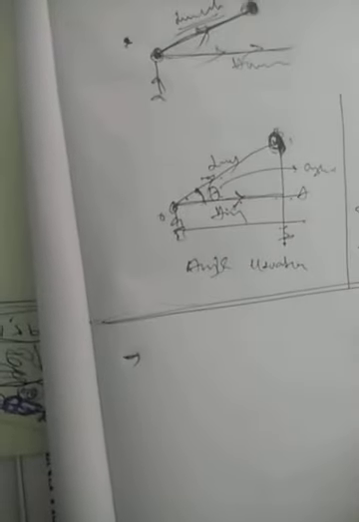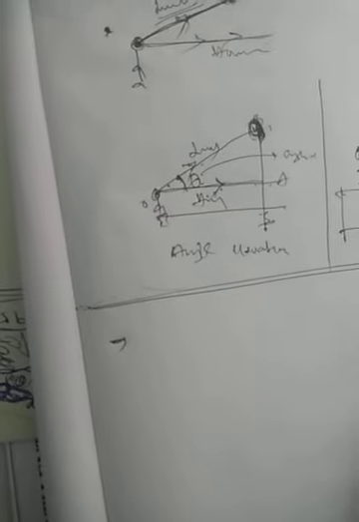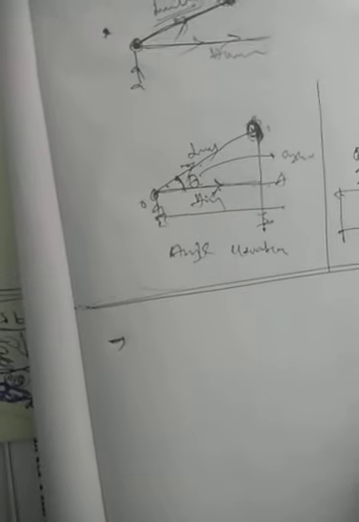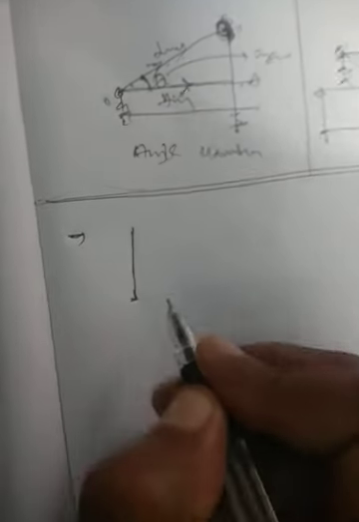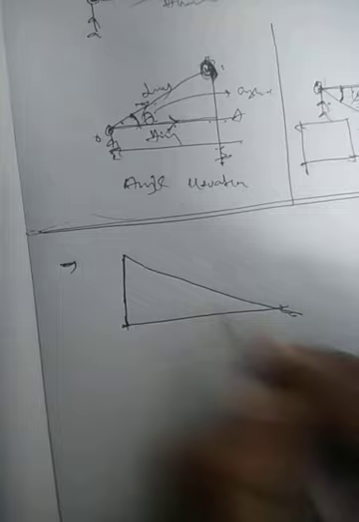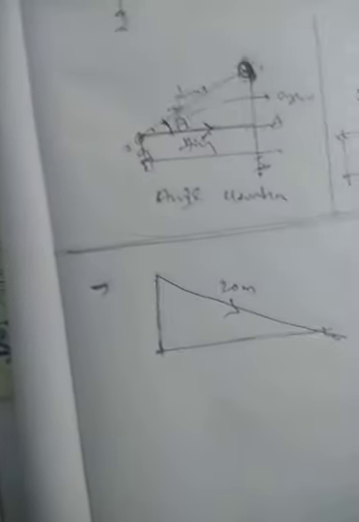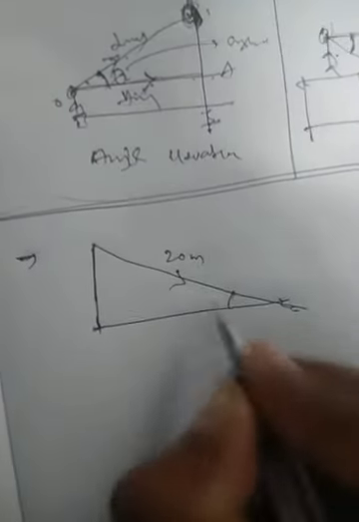A circus artist is climbing a 20-meter long rope which is tightly stretched and tied from the top of a vertical pole to the ground. Actually this is a pole, a vertical pole. Whenever a pole or tree is given, we have to take it like this only, we need not draw all the figure. So this is the level ground, and the rope is tied like this. He was climbing on this. What is the length of that rope? This 20 meters is the length of the rope. And what they told is the angle made by the rope with the ground level is 30 degrees.